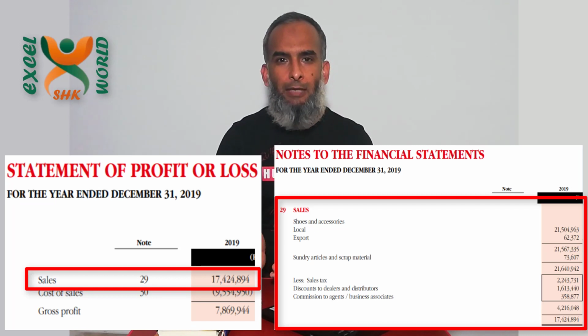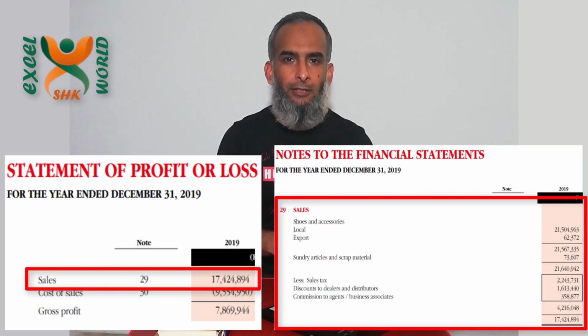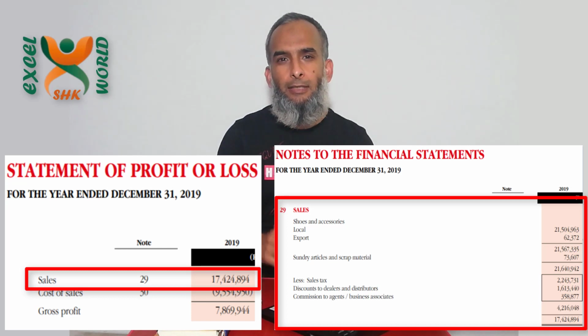So pivot table can help you by producing different breakups. There are two ways of incorporating those breakups within your higher level reports. One way is that you can directly create your pivot table within the notes. But there is another way if you do not want your pivot table to be created within your notes to the financial statements or notes to the high level data, the way pivot table is created by Excel itself.